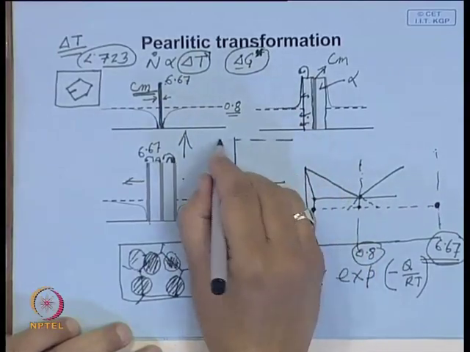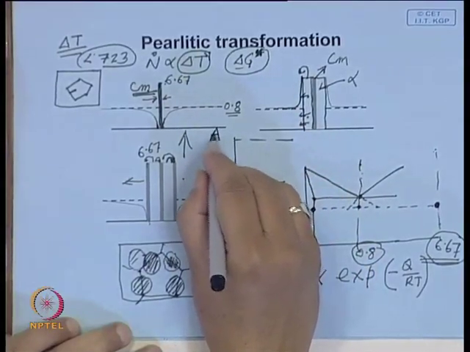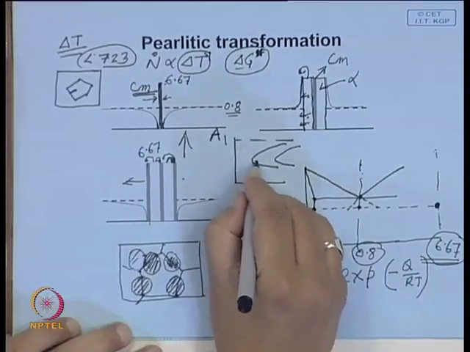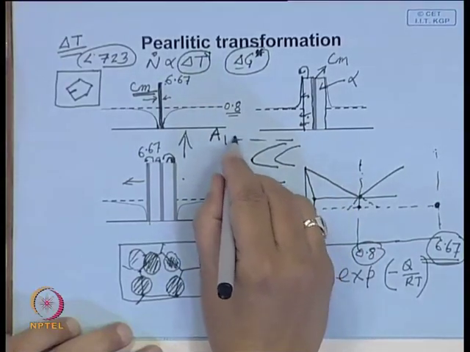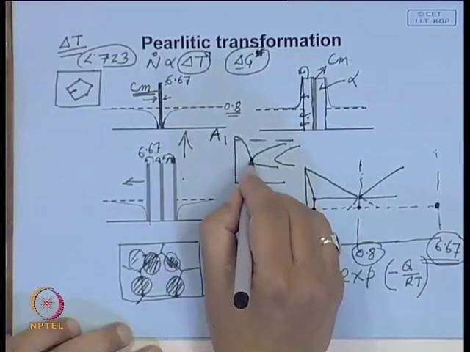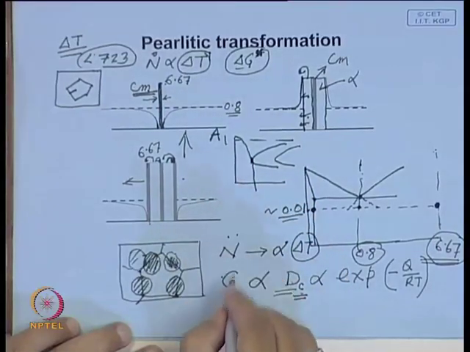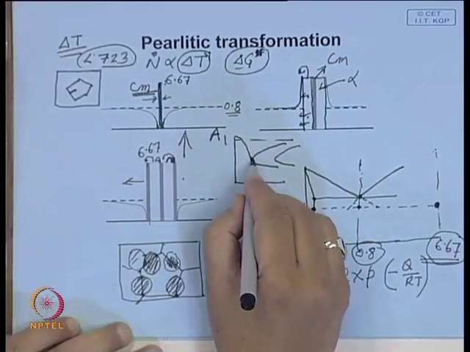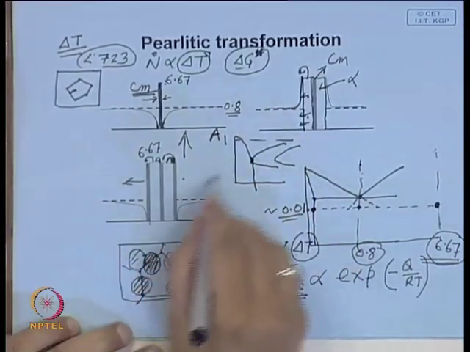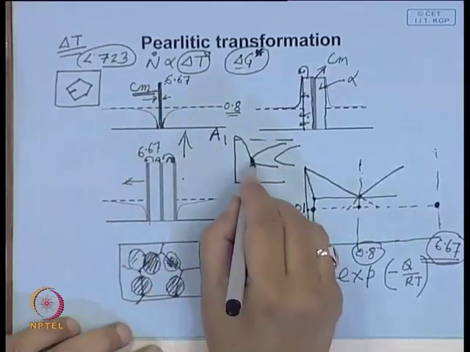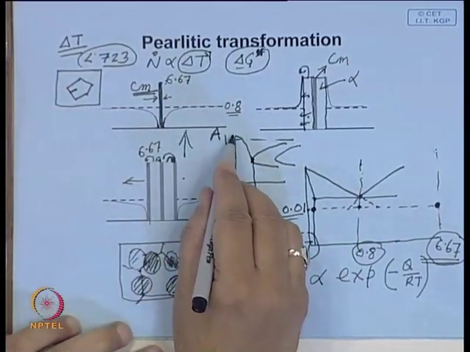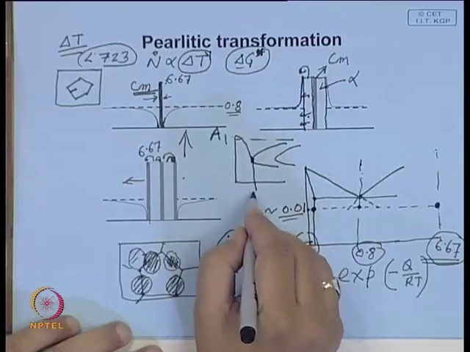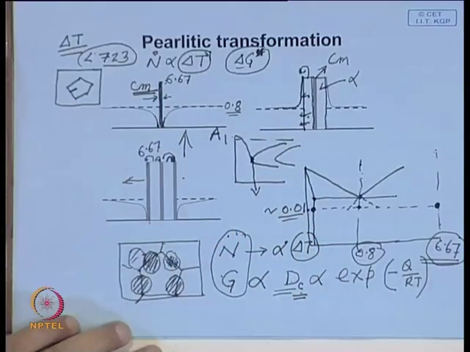So this is your equilibrium A1 temperature, and we have seen this diagram is like this. This nose is the optimum combination where nucleation and growth give the fastest reaction or fastest decomposition of